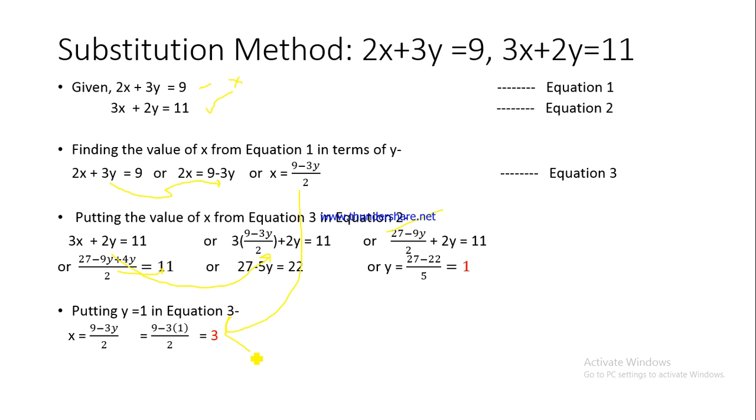But now you have to be very, very sure about this. And how can you be sure about your answer? You will have to cross check it. And how do you cross check it? You know the value of x and y, put it in the original two equations. So let me put it in equation number 2. If in equation number 2 I put x is equal to 3 and y is equal to 1,